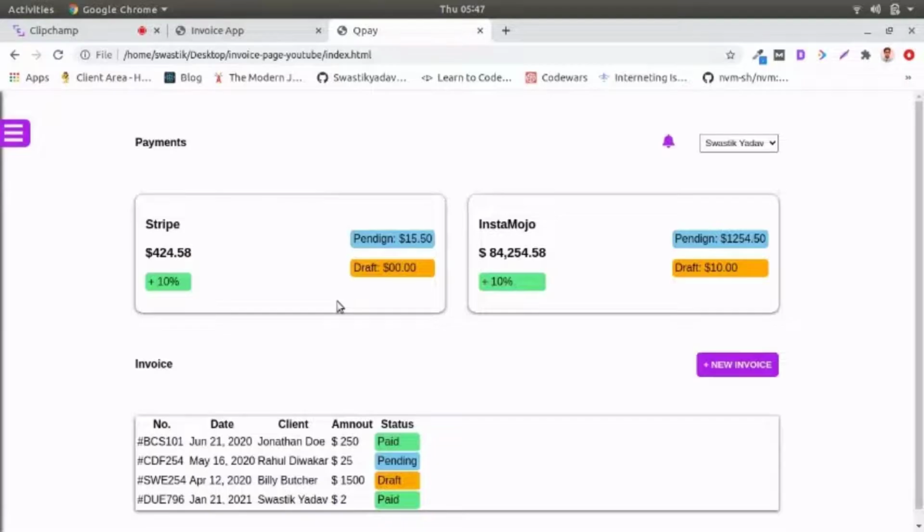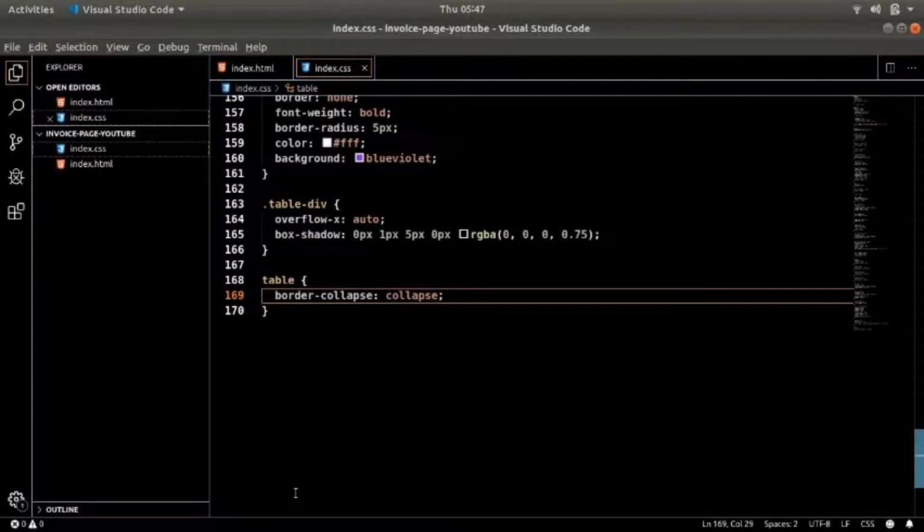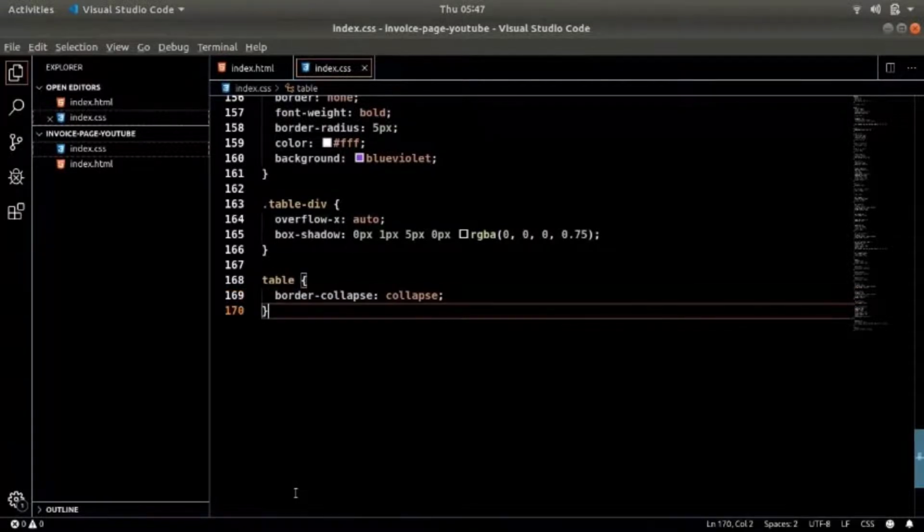What will happen is, if the tr has its own border, the th, the headings have their own border, the body has its own border, all those borders will combine and become huge, and it will look a bit thick, which is not ideal. So I just collapsed all the borders, so that we see only the border that we want.